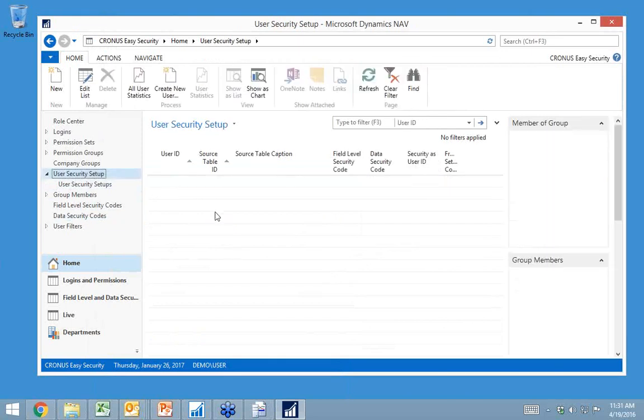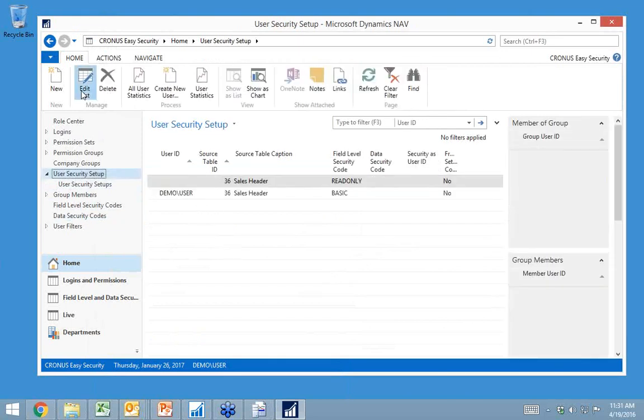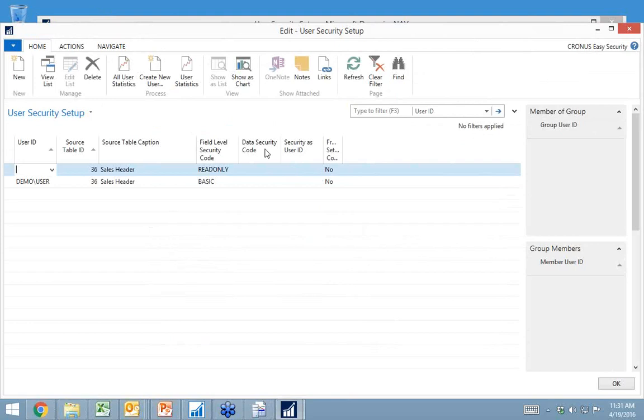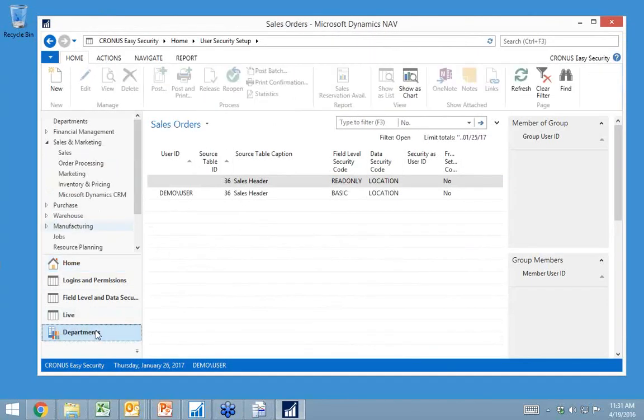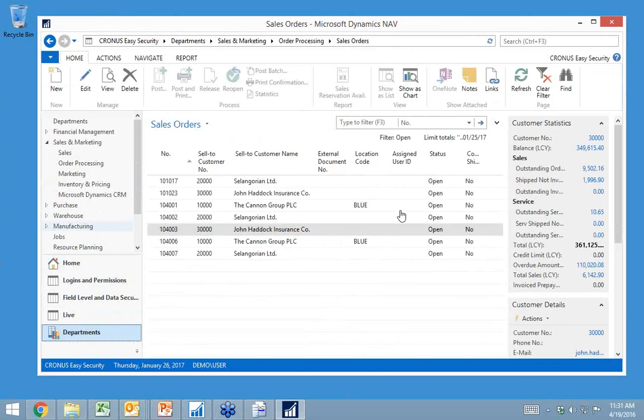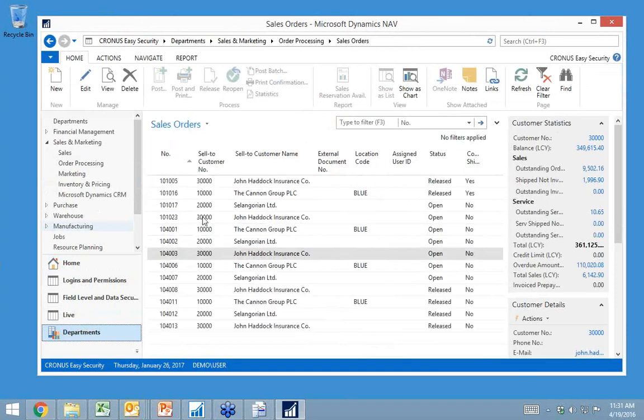So all I have to do is apply my security. So I'll go in here and instead of field level, I'll add this data security code out here for the location. So as I now go back to my list of sales orders, it got pretty short in here. I can see my filter on status and another date filter up here, and I can clear all the filters, but it's not going to allow me to get around this blue location in here. I only see the blank and the blue one in here.